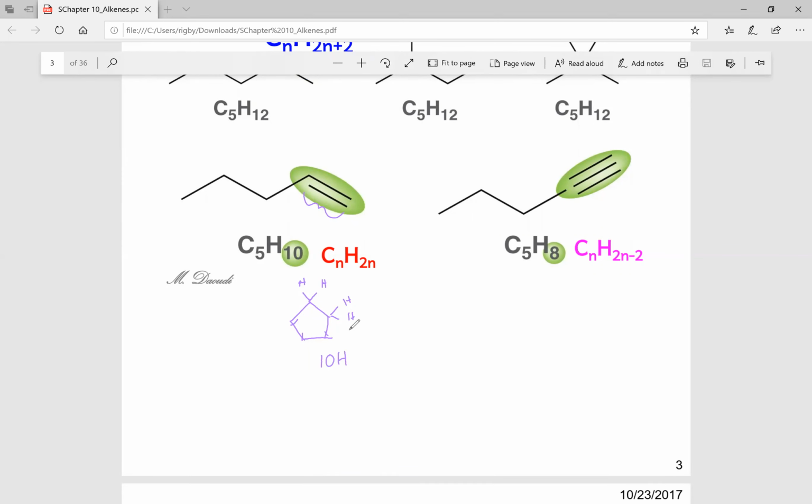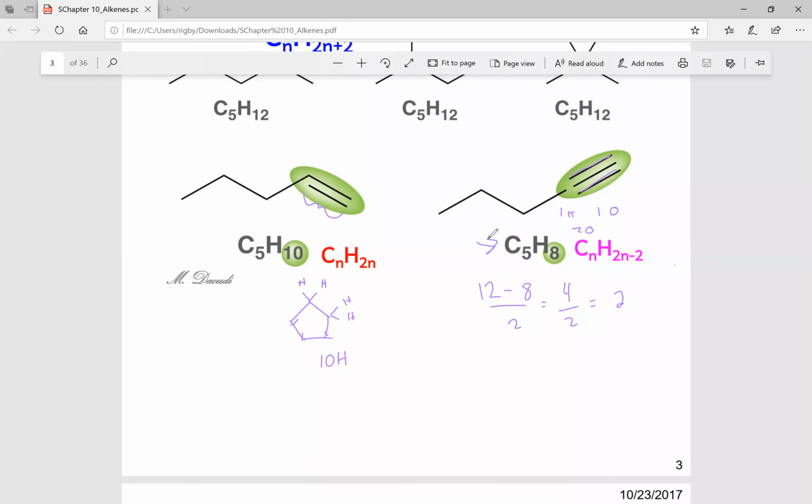And then we can see here C5H8, 2n plus 2, since we've done that so many times, it's 12 minus 8 over 2. That's going to be 4 over 2, which equals 2 degrees of unsaturation, which means 2 pi bonds, 1 pi bond and 1 ring, or 2 rings. Okay? And then you'll do that with all the different molecular